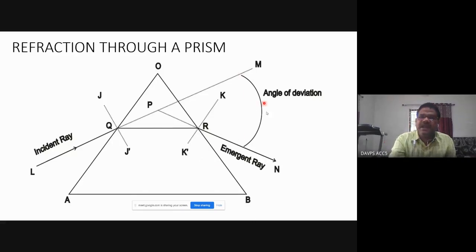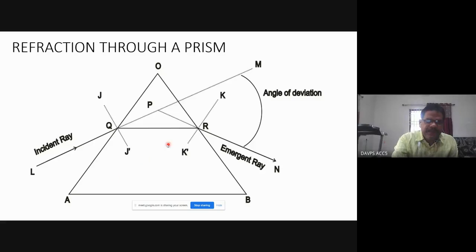We are talking about the angle of deviation. Angle of deviation is a very important term. Look at this ray diagram. On one page, draw the diagram by yourself, how it is taking place. In the prism, listen, this is the prism OA. The OA side is actually a rectangular surface. OB side is also a rectangular side. And the front side, whatever you are seeing, AOB, that is a triangular face. On the back side, that is also a triangular face. And below, you will find one rectangular face, that is the base.